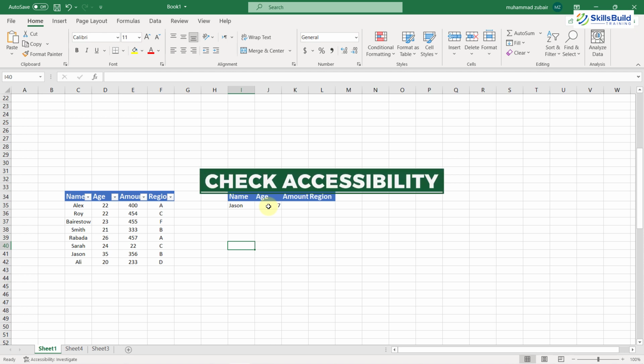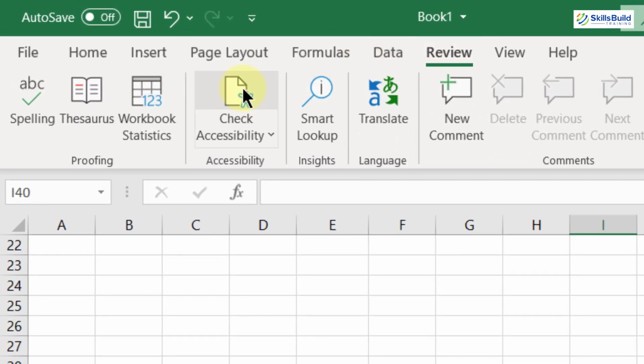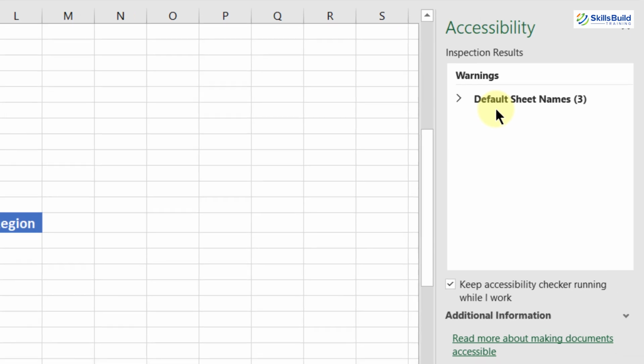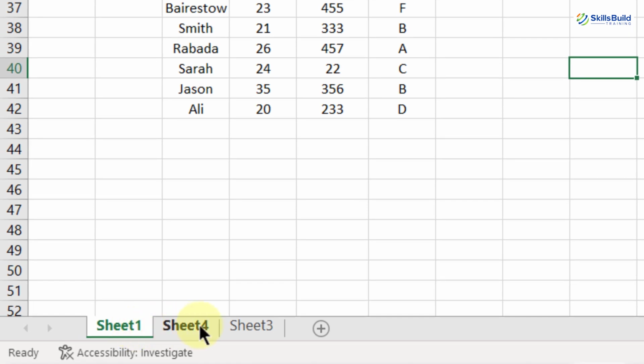Number 5, check accessibility. Well, with the help of this particular feature, you can increase the efficiency of the content of your file. Well, if you go to your review section, here we have an option that says accessibility. If you double click on it, here it says default sheet names 3, meaning we did not rename our sheets and the names of our sheets are default, because if you see here it says sheet 1, sheet 4